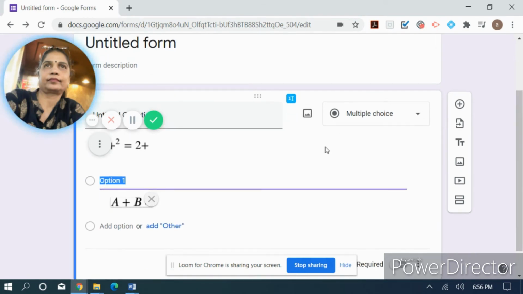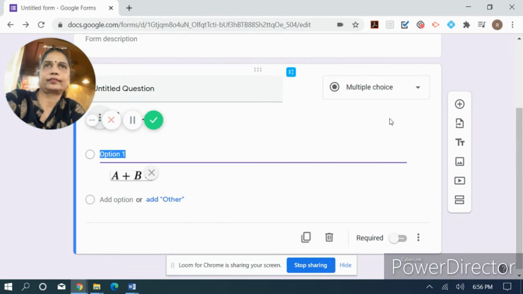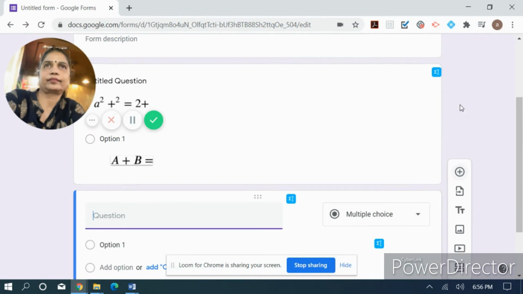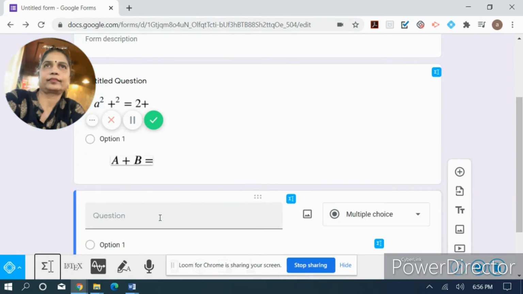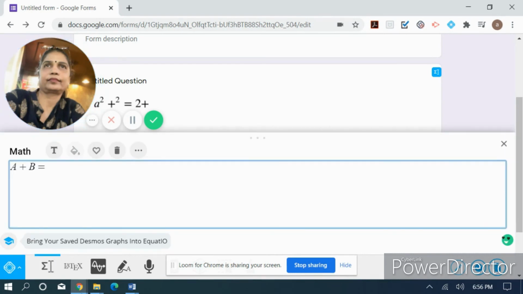And you may ask how to add the symbols. Okay, so again I'm going to go to the second question. As usual, when we make the Google form question paper, you add the next question. Again you click the equation button, you go there. Now the symbol, let's see how symbols can be used. Click equation editor. When you click that, you'll get this area. Now you have one small insert text box, which I told you right now.